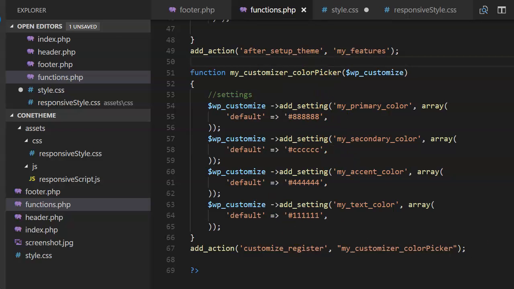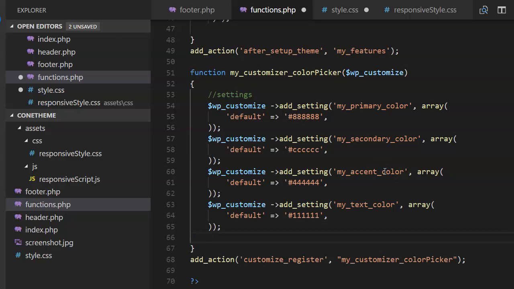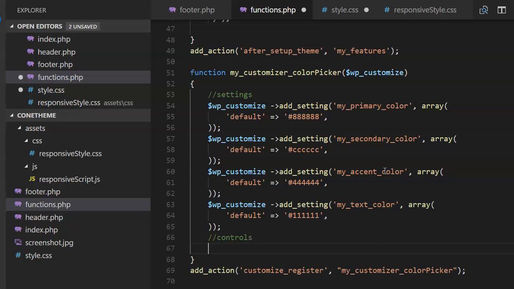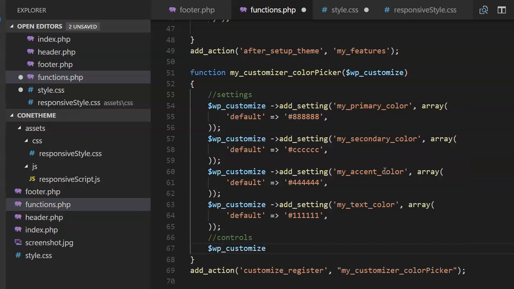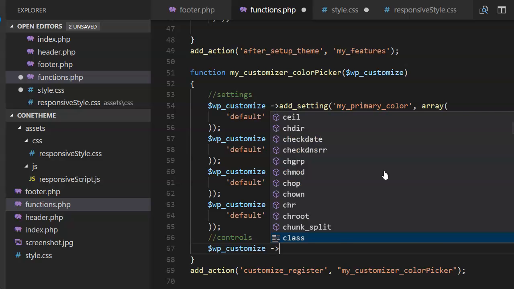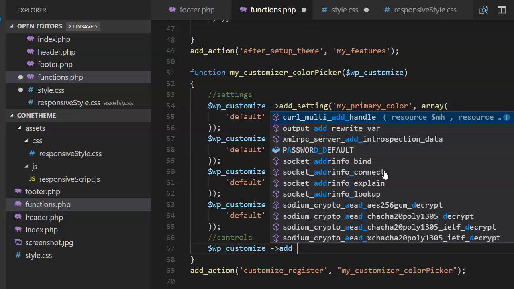Okay, so the next thing we want to do is actually add our controls to the thing that's going to change these settings. So just after this, I'm going to do forward, and we're just going to go controls. Okay, and then we're going to go ahead and add the controls to this variable here. So we're going to just do money symbol WP customize, and we're going to go ahead and add underscore